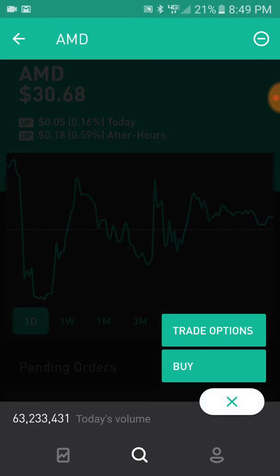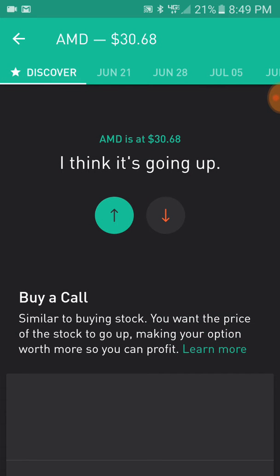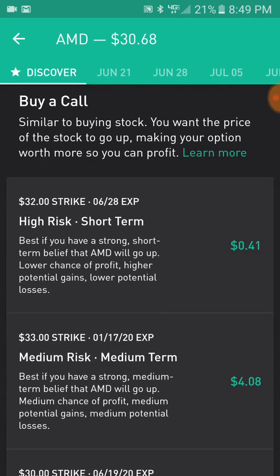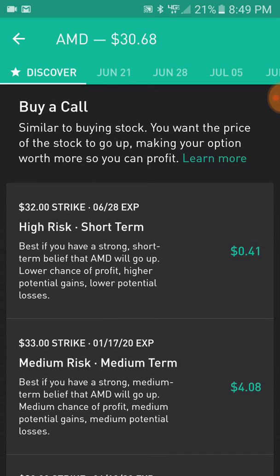Now let's say you want to trade options. You go into trade options, and first you're going to see this Discover tab on the top, and this is cool because if you're kind of new to options, it gives you some guidance. So here it says, I think it's going up. So these are the kind of options you'd want to get into if you think the underlying stock is going to increase in price. So you want to buy a